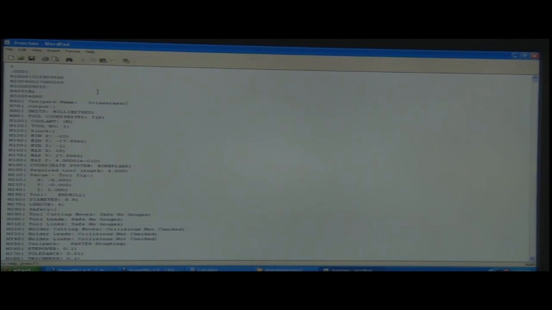It is like 0001 here, it will always be 4 digits, we can put it maybe 9999 or so, or maybe 1111 or 1234, but the FANUC system always has the program number in 4 digits, the alphabet O and 4 digits, any 4 digits like 1234.